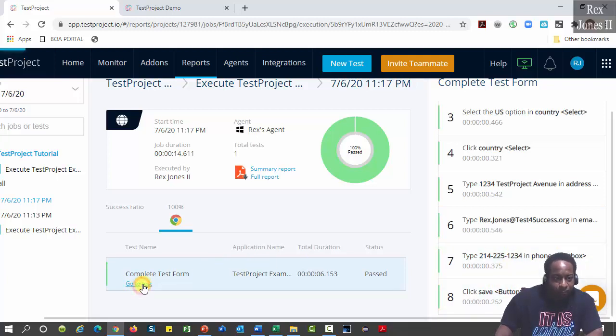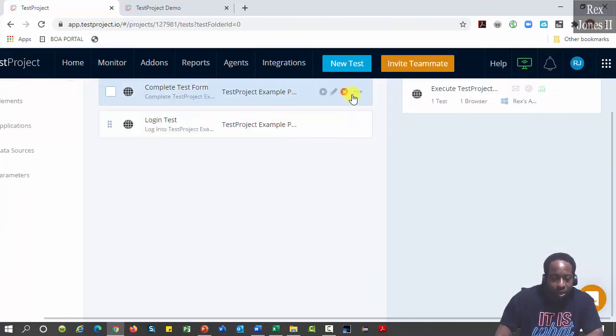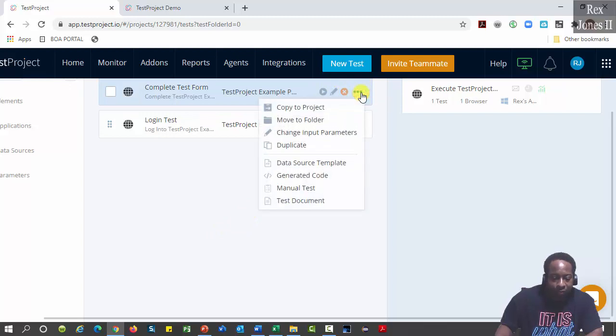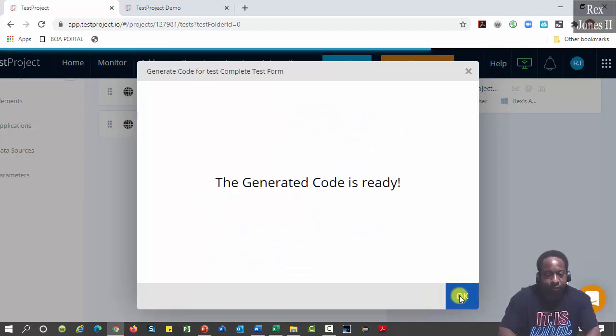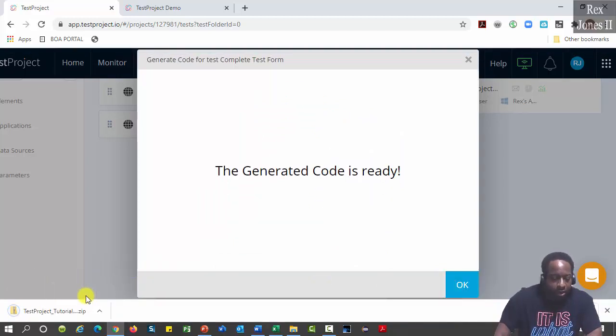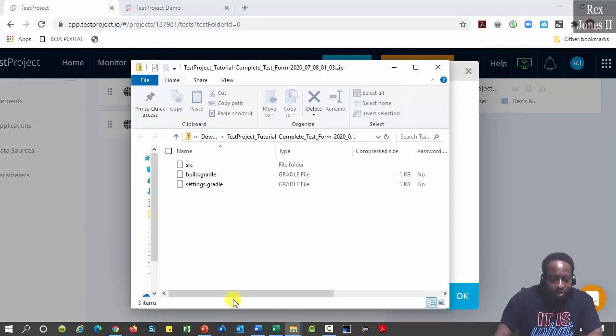Go to Test. For complete test form, select the 3 horizontal dots. Generated code. We see the programming languages, Java and C#, and the browsers. We can choose to rename the package to, let's say, complete test form, then generate. Here's the zip file downloaded. Open the zip file,